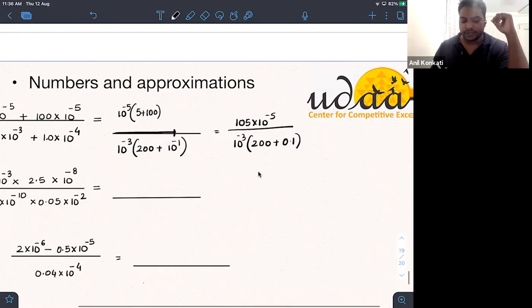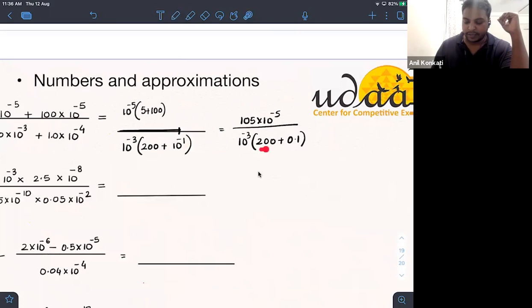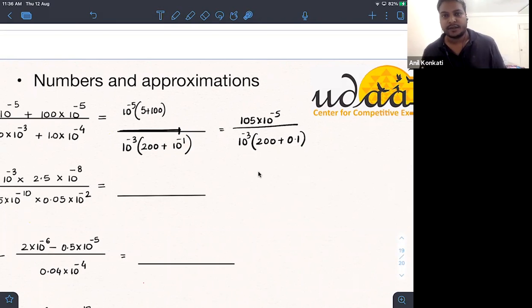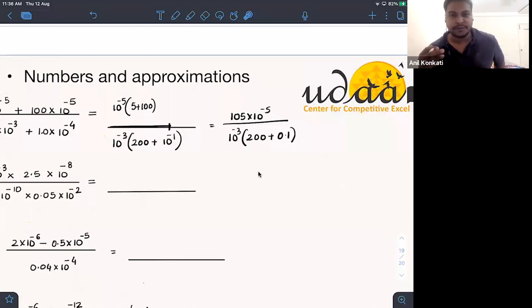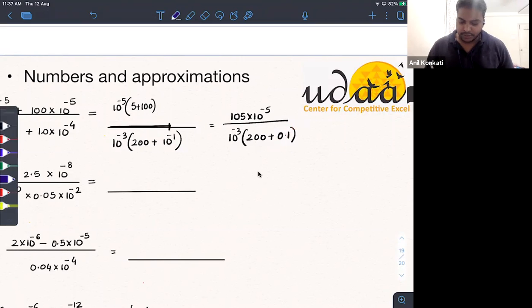Now this is where you should learn, students, that in front of 200, is 0.1 a big number? 200 is a very big number compared to 0.1, right? So in such cases, where you can make an approximation only in plus and minus, where you have plus or minus, you can see that this 0.1 is way too small a number compared to 200. So what you can do, you can directly make it as 0. You can ignore that. This is called approximation.